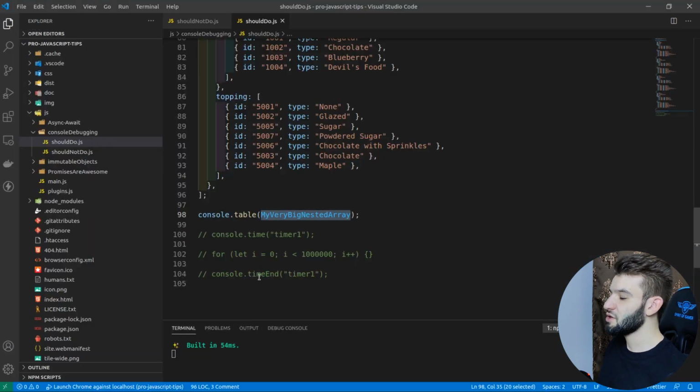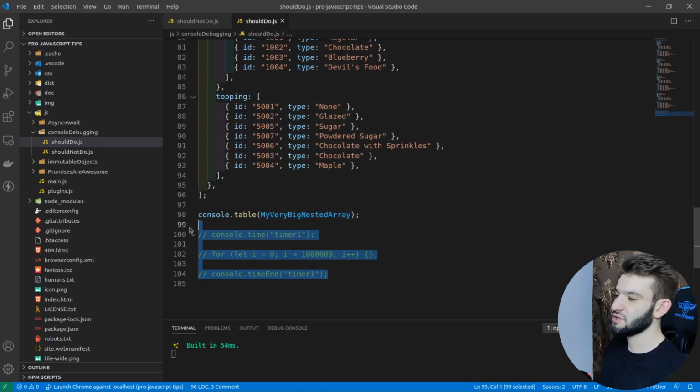Now, the next one in here is actually debugging how your code is performing. I know this is not really that interesting a feature that you want to use. There are tools that you can use, but one cool feature in here is actually going to allow you